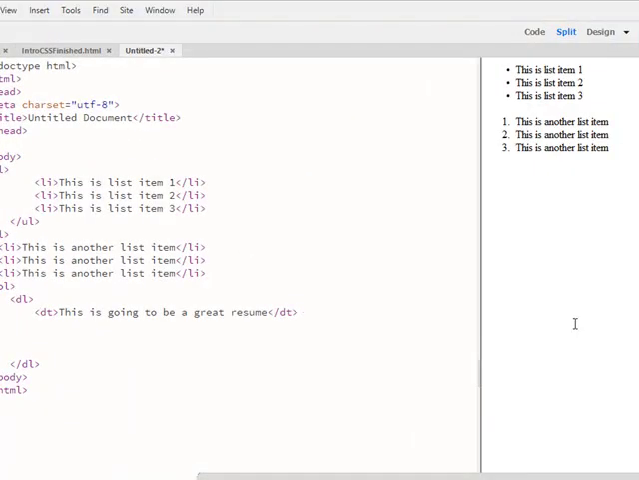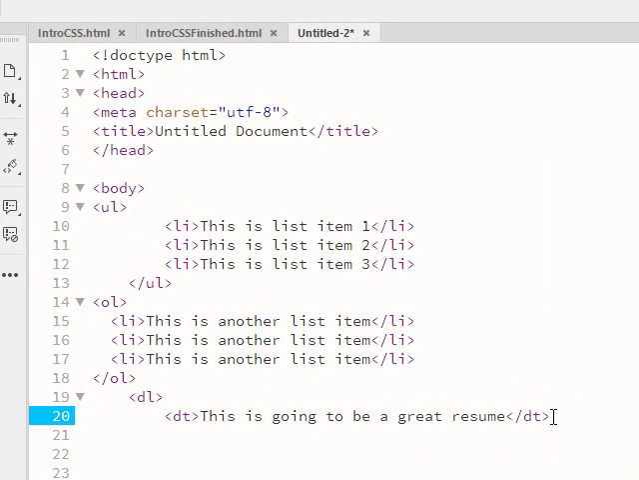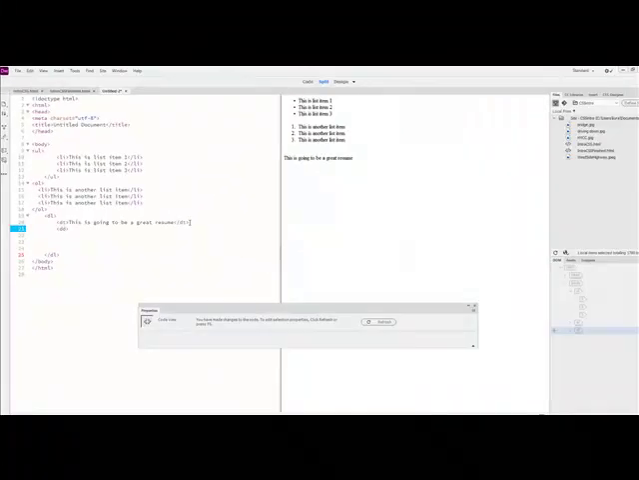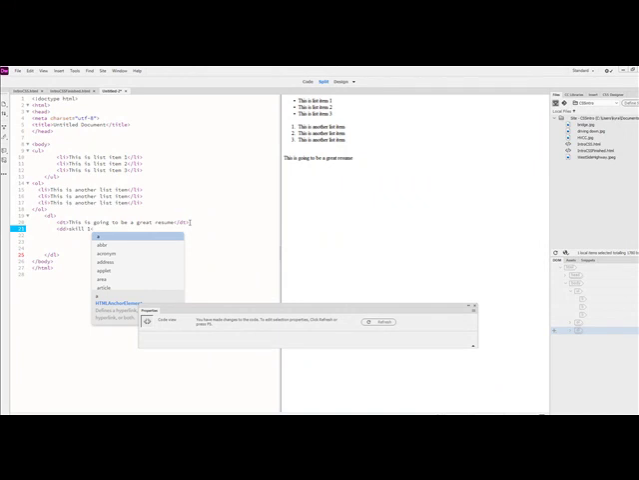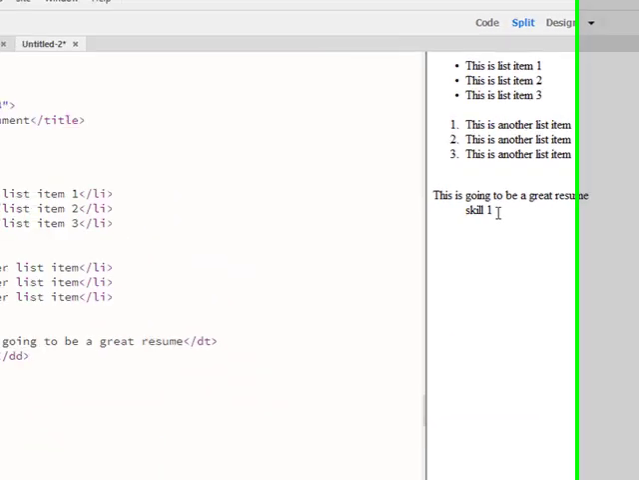Let's just click over here so we can see what this looks like. So this is outdented compared to these other list items. And then, so let's go in here and add a DD. So this is something that's going to be indented, DD, and you know, I would put skill 1 and then close it out. Let's see what that looks like, and that is indented. All right,